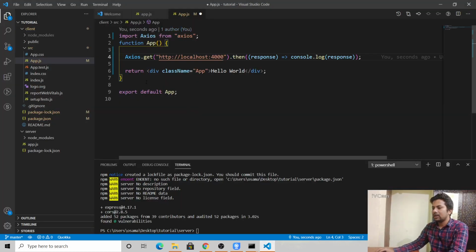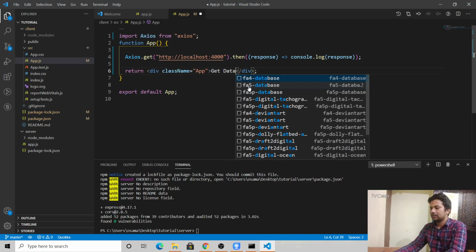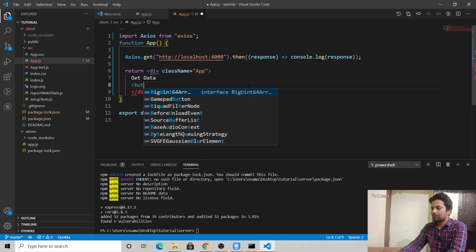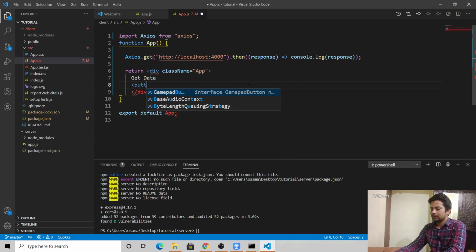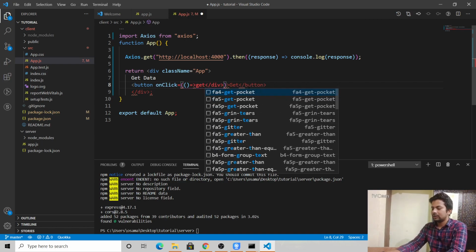Let me make a button here, get data, and we'll say button onClick, and we'll call a function called get.